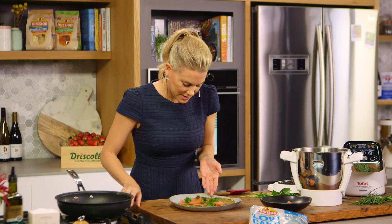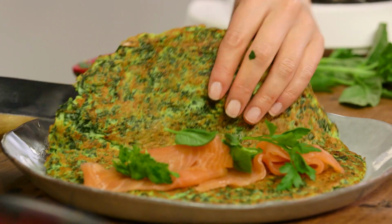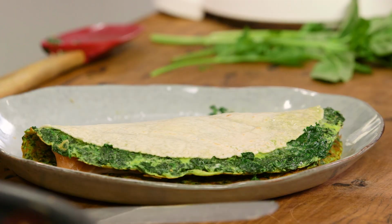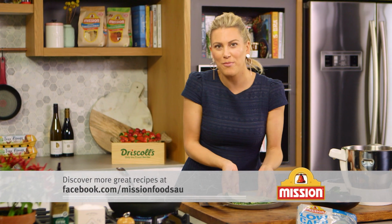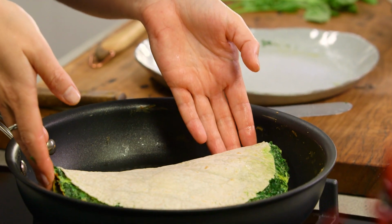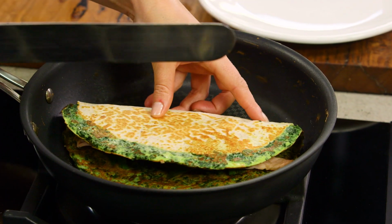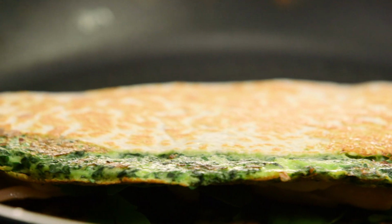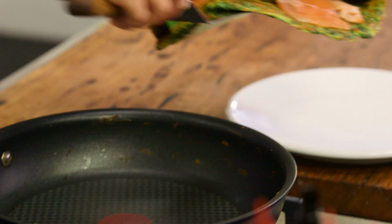And now because these low carb wraps are really flexible, it's going to be quite easy to fold this crepe omelette over. Perfect. Now I just want to warm it up on the other side so we get a beautiful golden colour. So we're going to return this to the heat and warm it up for about 1 minute on each side. Now the wrap is toasted on both sides, so we can carefully take it out of the pan,